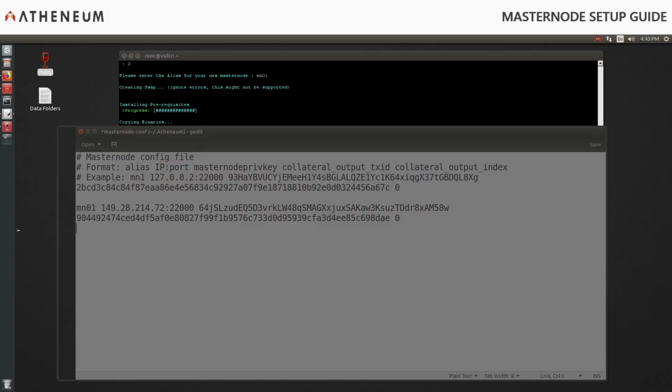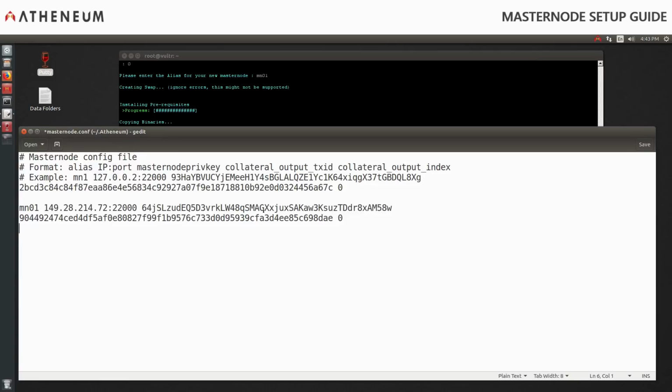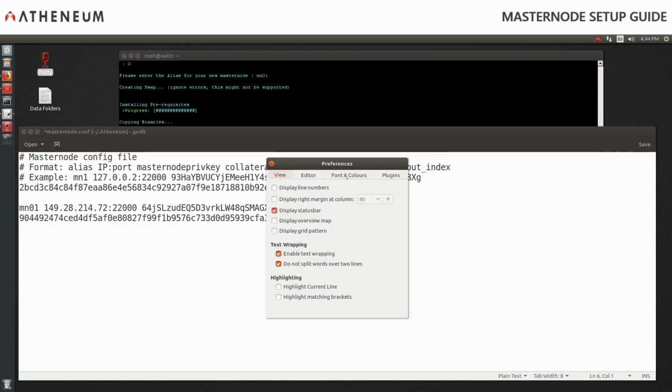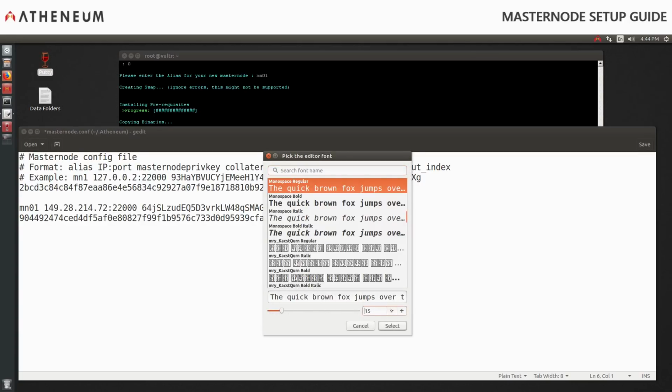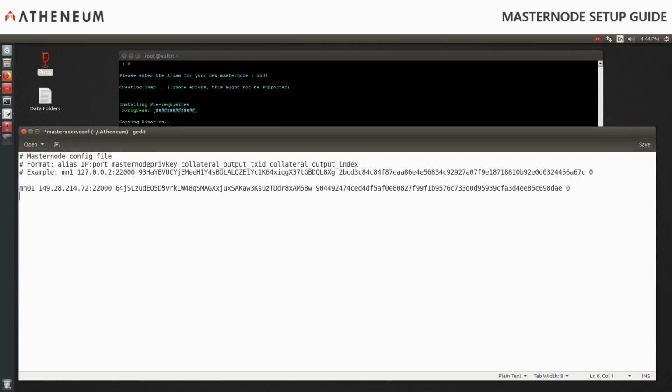It might go on more than one line if your font is ridiculously big like mine right now, but this is all actually one line. It just wrapped. Let me just show this to you right now. Preferences, and go to fonts and colors. Bring this down to something a bit smaller so we can see this, and you can see this is all on one line. So your masternode line is printed on one line right here. Go ahead and save that